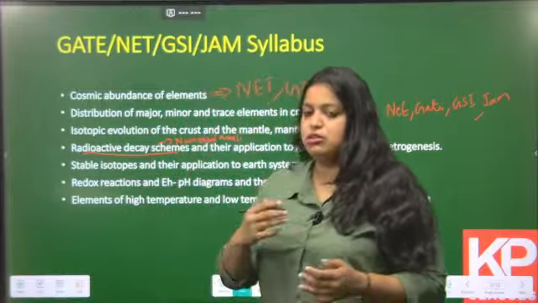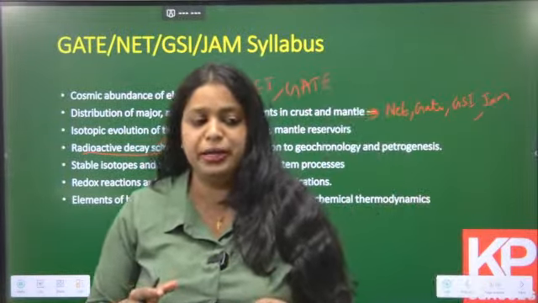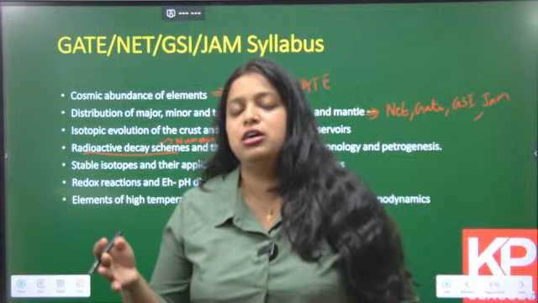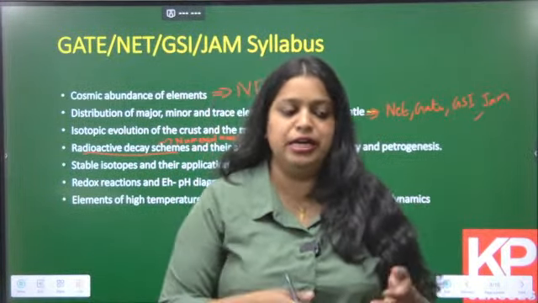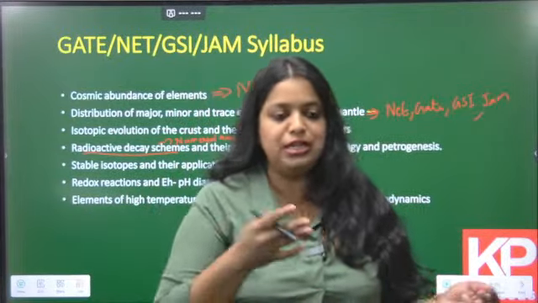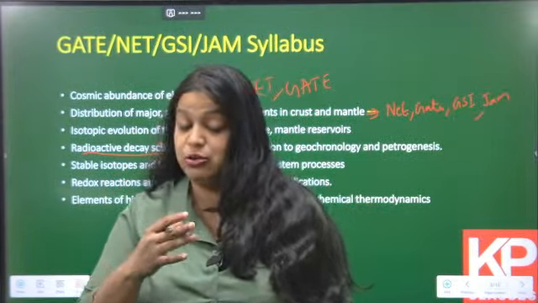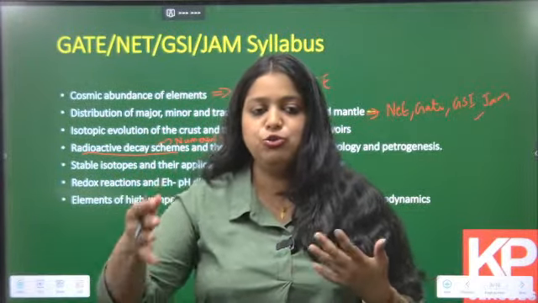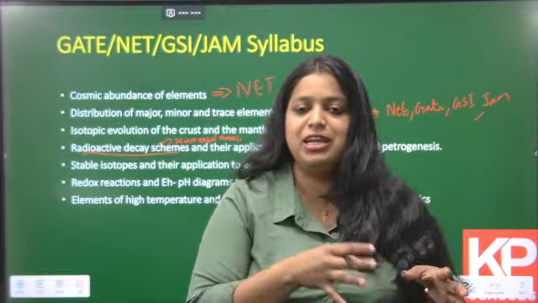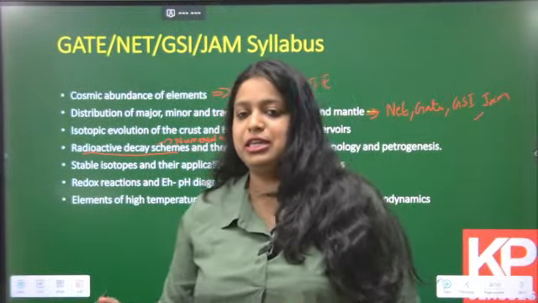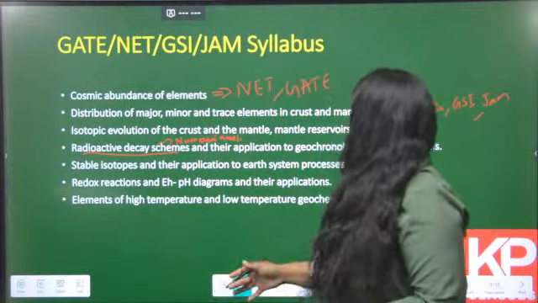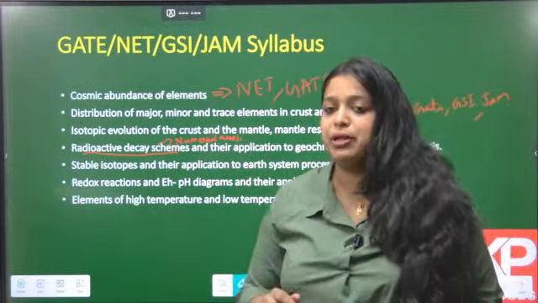They'll tell you, for a particular parent nucleus, this many alpha decays have happened and this many beta decays have happened, and the resultant daughter has how many protons, how many neutrons, or what is the mass number of the daughter if this particular parent has undergone this many alpha and beta decays. So you should have an idea about the entire radioactive decay schemes and how they are applicable to